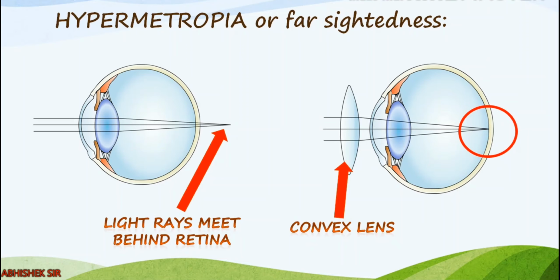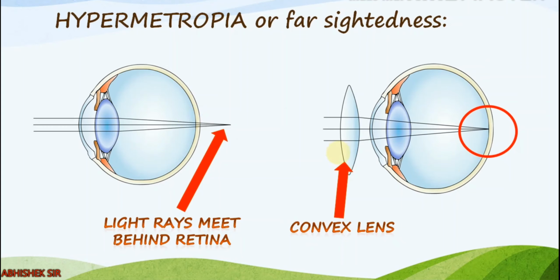So first, one point you can make from the title itself. The person suffering from hypermetropia will not be able to see nearby objects but is able to see far sight and far objects. Clear? So nearby objects are not seen clearly. What actually happens is the light rays are coming but they are not meeting at the retina; they seem to appear to meet behind the retina, right? So in short, the light rays are not meeting exactly on the retina. Clear? So again, the person is not able to see nearby objects clearly. Now what is the solution?